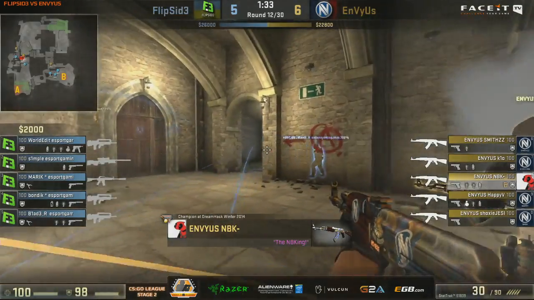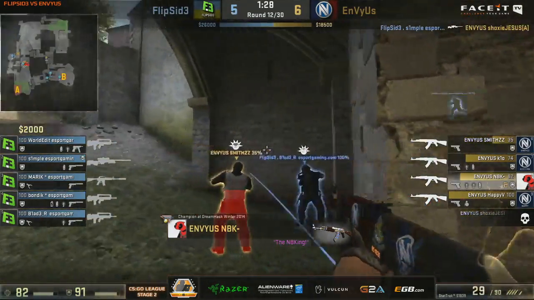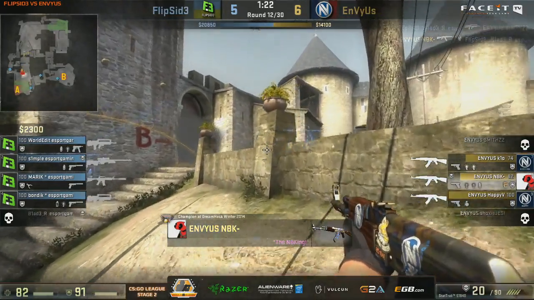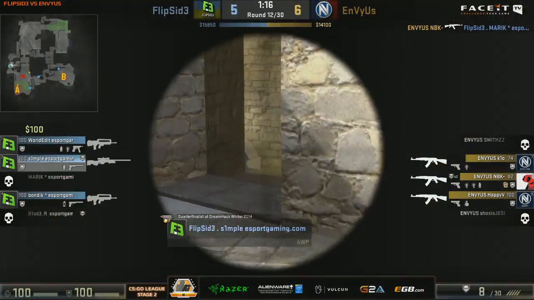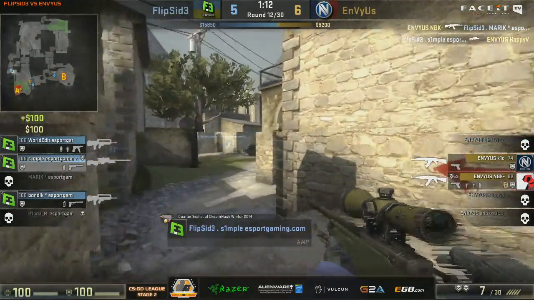Right, so EnVy speeding things up again. Going back to Old Faithful, charging through. There's going to be trades go in favor of Flipside for now in terms of the numbers game, 4 versus 3. They've got 2 FAMASs though, and the rest versus the 3 AK. Still leaving WorldEdit over towards the B-bomb site just in case, but they should have vision onto bomb now as it's crossing into the site itself. We should see a plant coming in. Simple